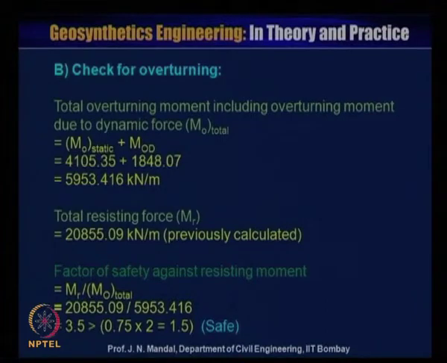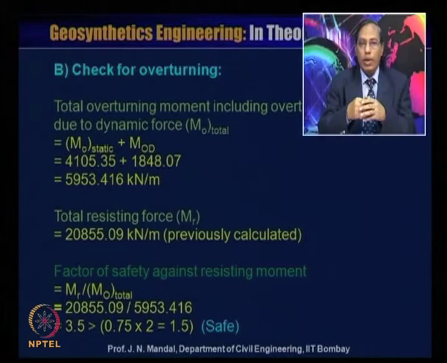Total overturning moment including the overturning moment due to the dynamic force, MO total, will be equal to MO static plus MOD for dynamic. So, that is 4105.35 plus 1848.07 is equal to 5953.416 kilonewton meter per meter. Similarly, total resisting moment MR, which we have calculated earlier, that is